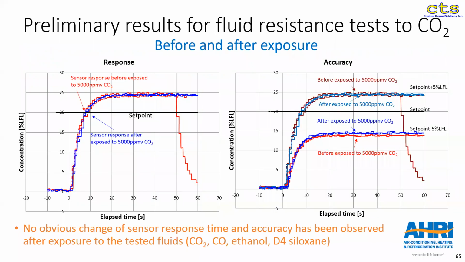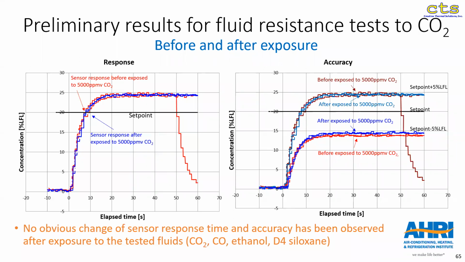Next, please. I can show you here some preliminary data that we got from some of these harshness and reliability tests, from the category A, fluid resistance and poisoning tests. These are tests obtained with CO2. What we're interested in here is, does anything change with the sensor before and after exposure? So first we check if the response characteristic is still the same. Did the sensor get slower, faster, whatnot? And you see that red and blue here coincide very nicely. So it doesn't seem to have any effect, that exposure to these 5,000 ppm of CO2, if we check before